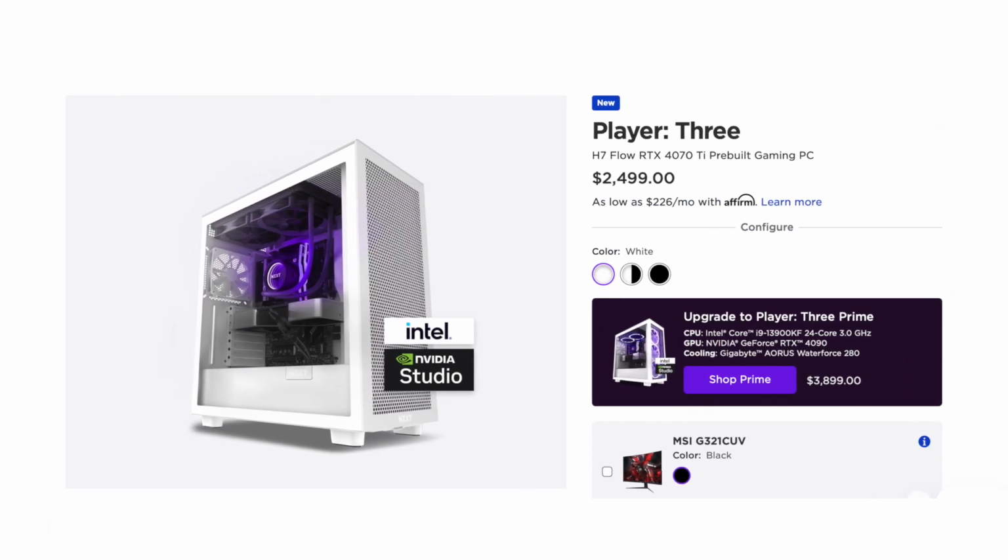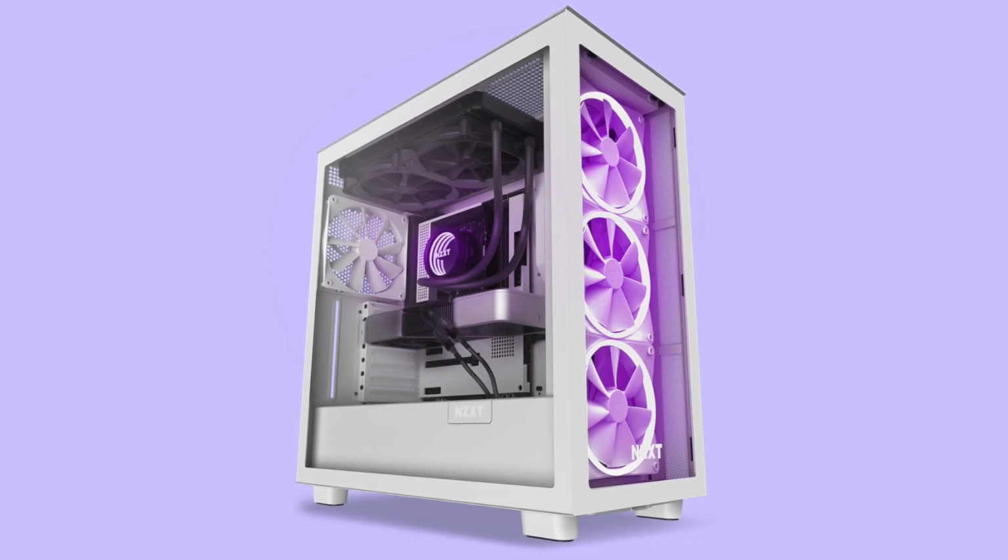And you guessed it, the Player 3 collection is aimed at those gamers who are also content creators. So typically the two big focuses in this category is additional CPU, additional RAM, all that for video editing, and then of course storage space so that you can fit your games as well as the video files that you're working with. The base model here is $2,500, and what's interesting is that there really aren't any massive upgrades from